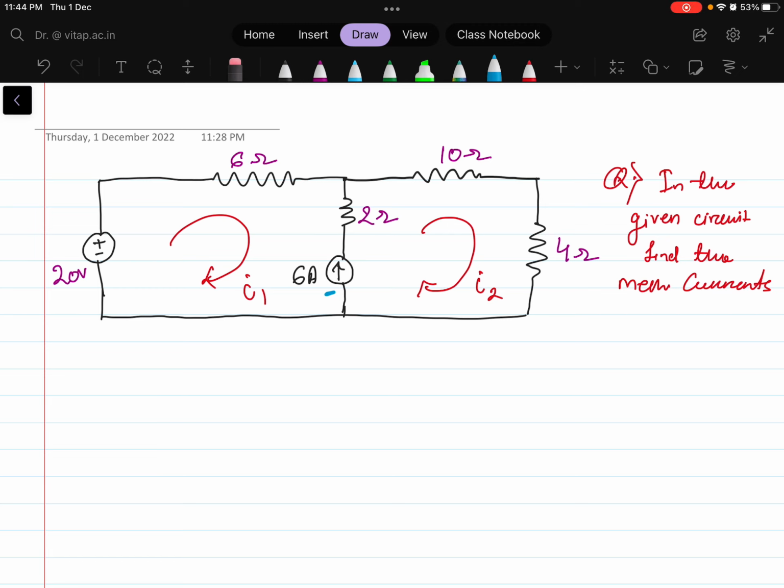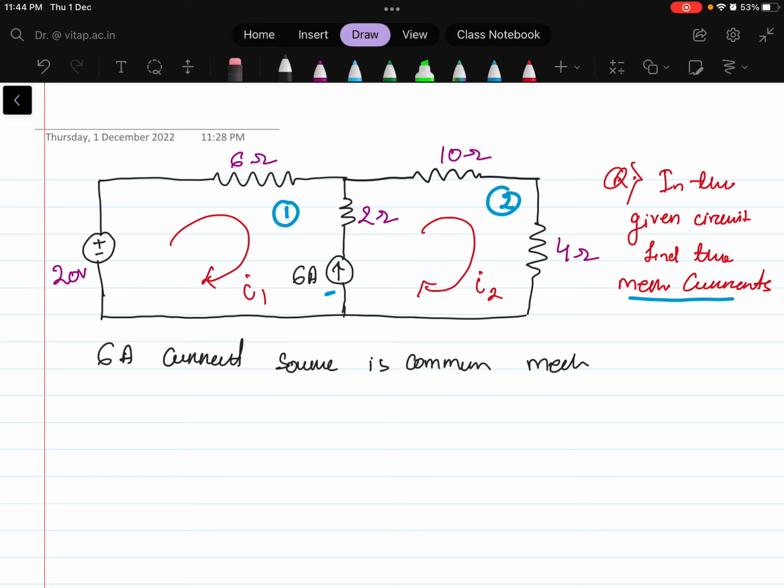Now what the question is saying: in the given circuit, find the mesh currents. The mesh currents are given like this: one is mesh 1 and this one is your mesh 2. So we have to find these mesh current values. Before finding this, we need to apply mesh analysis here, and as the 6 ampere current source is common to mesh 1 and mesh 2,